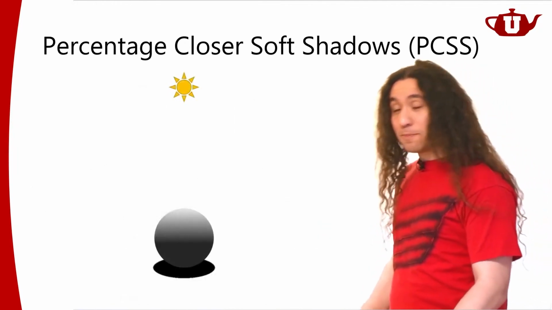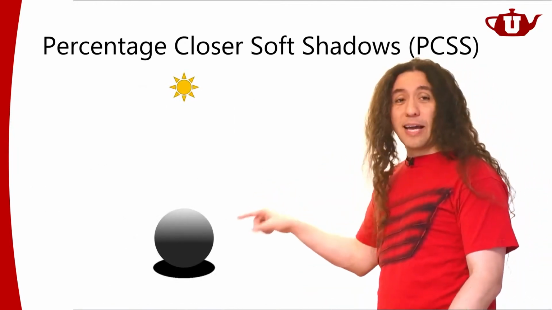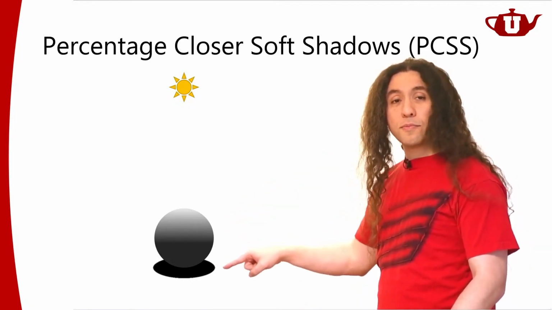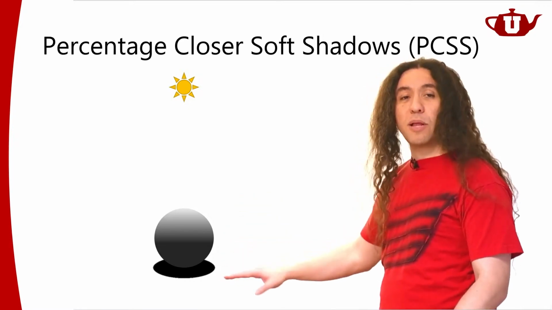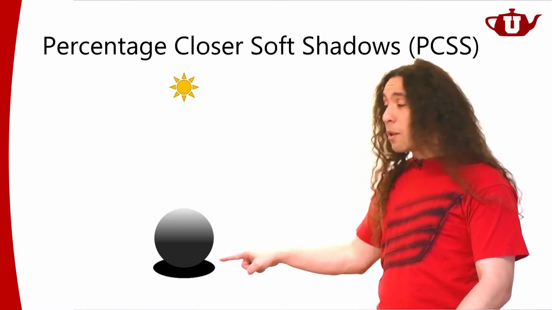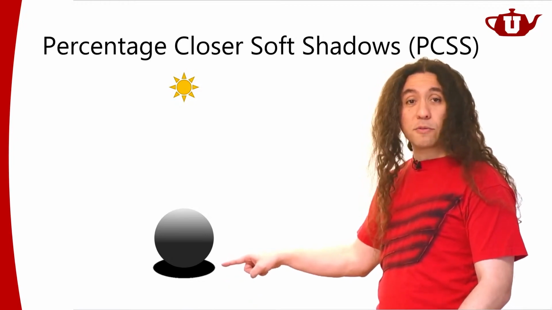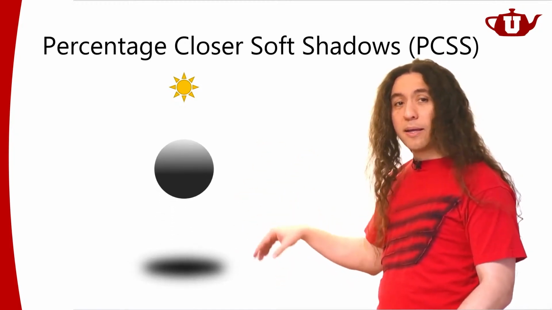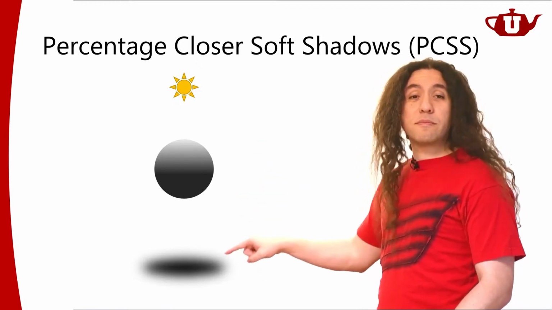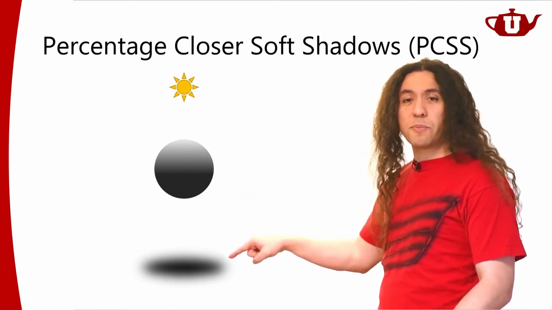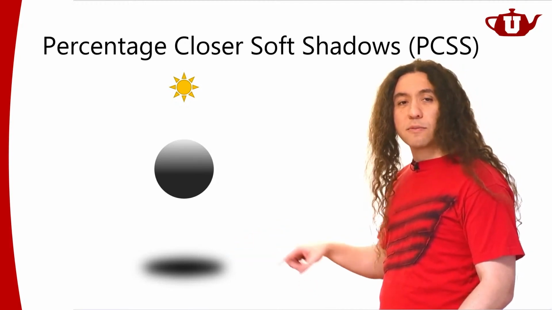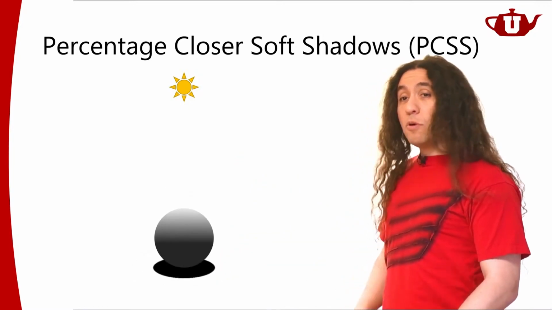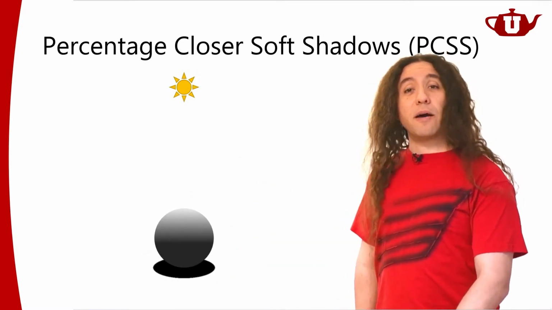So here's the idea. You will recognize that if the occluder is close to the point, let's say I'm computing shadows on this plane. If the occluder is close to this plane, then I'm going to get hard looking shadows, right? Shadow edges will be hard. If the occluder is further away from this surface where I'm computing shadows, then I'm going to get softer shadow edges, right? It all depends on where the object is. So I am going to try to figure that out.